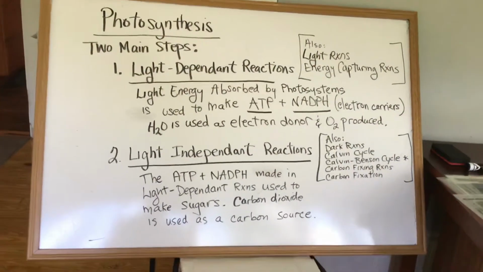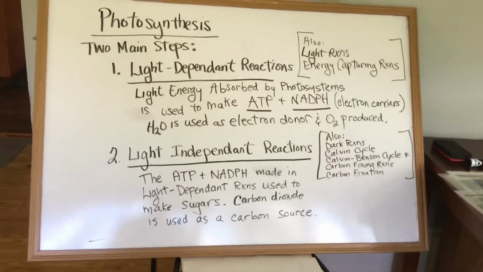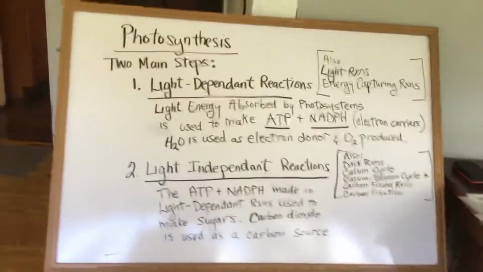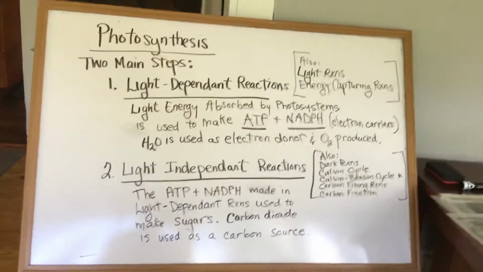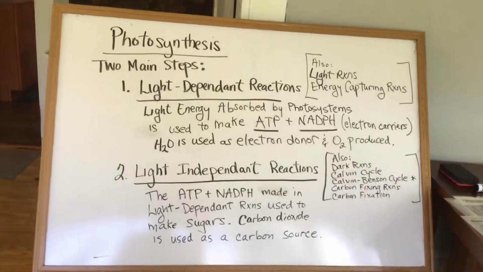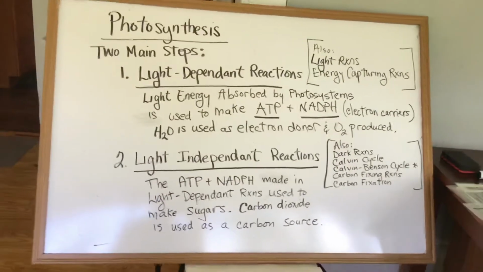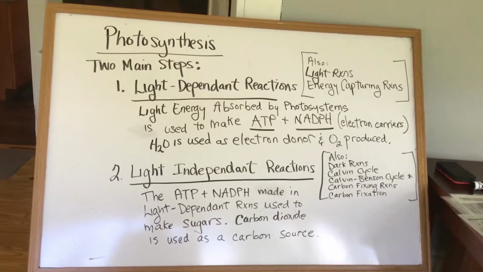There are two main steps involved in photosynthesis. The two main steps are the light-dependent reactions and the light-independent reactions. The light-dependent reactions are also called the light reactions, just for short, and the energy-capturing reactions. This is because during this part of the process, light energy is used in something called photosystems,